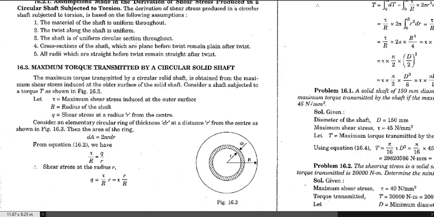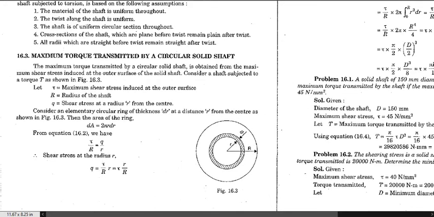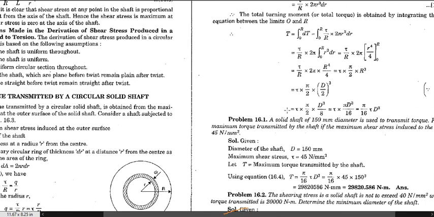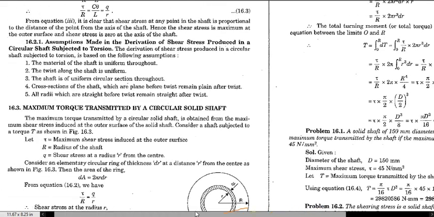Next, we have the maximum torque that is transmitted if we are using a solid shaft. Let us consider that we have a solid shaft and a particular cross sectional area of thickness dr at a distance of r, where r is the radius of the whole solid shaft. From this we can calculate the value of the torque. To calculate the torque, we need to know the shear force, and if we multiply that by the area, we can work out the formula of the torque. So let us go step by step.